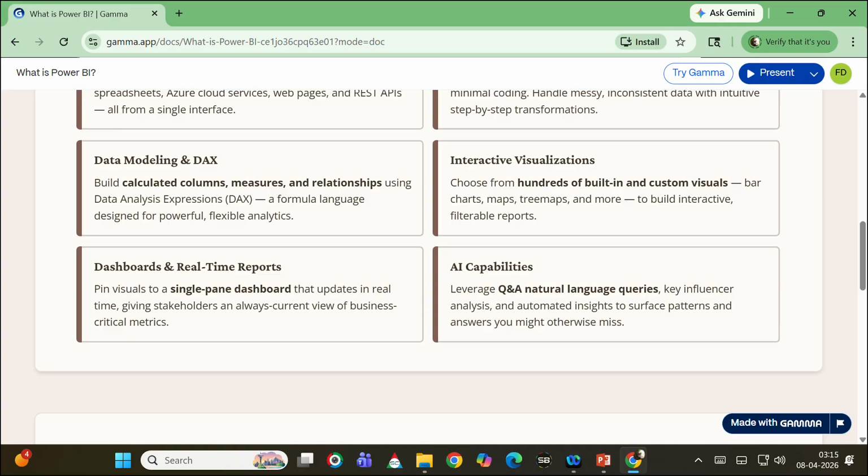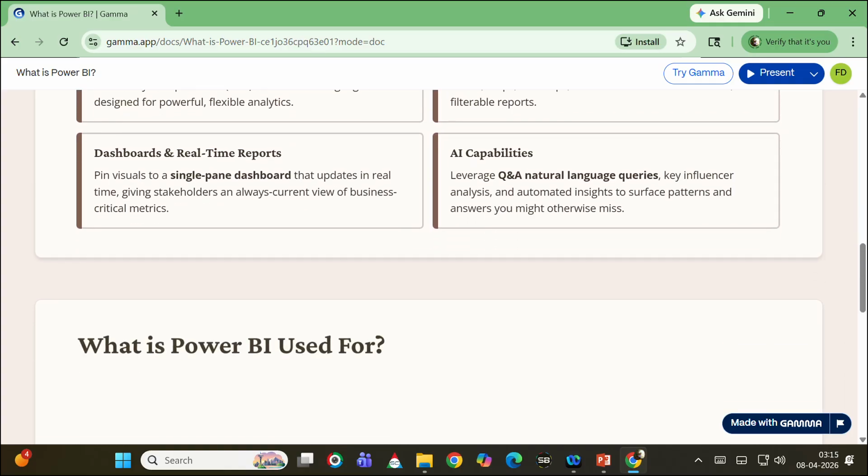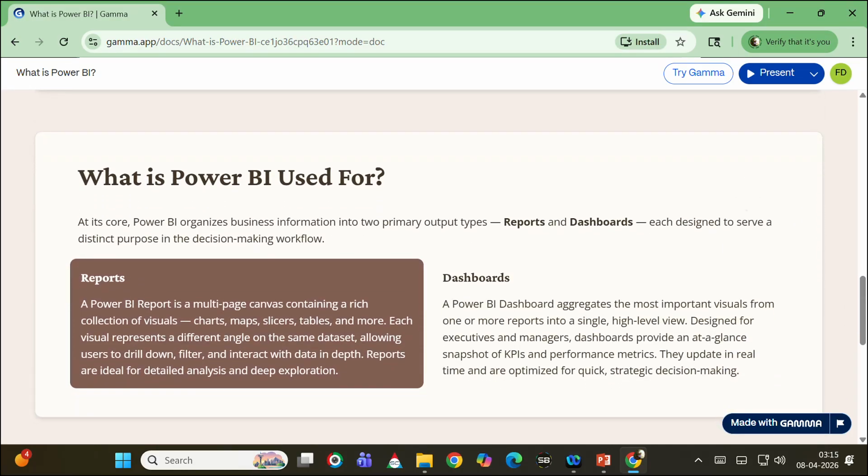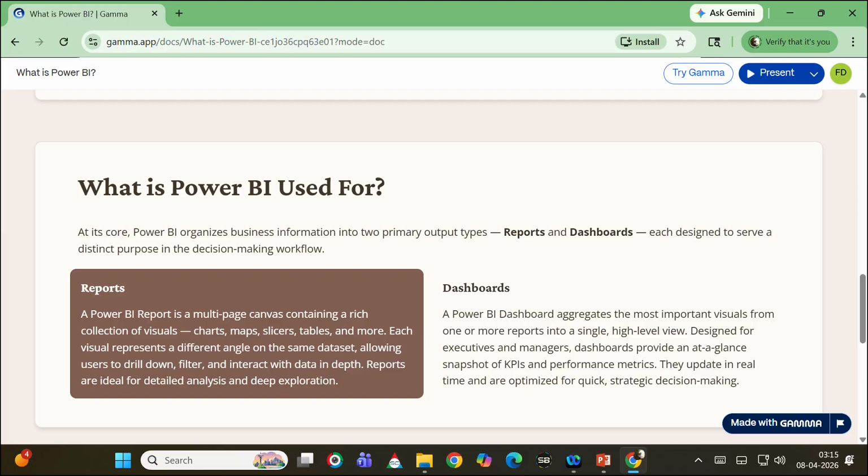And incorporating AI capabilities into everything is wanted today. Okay, that you can do with your Power BI facilities, right? Why and what for is BI used? As I said, for preparing reports and for preparing dashboards. Okay, and we are going to see what exactly a report is, what are the different kinds of reports we can generate, and how to prepare a dashboard, everything in the later classes.